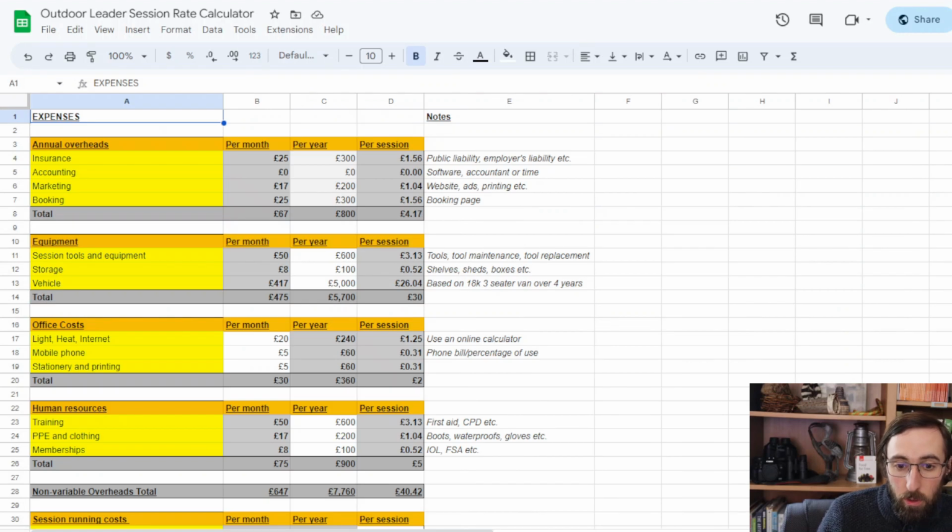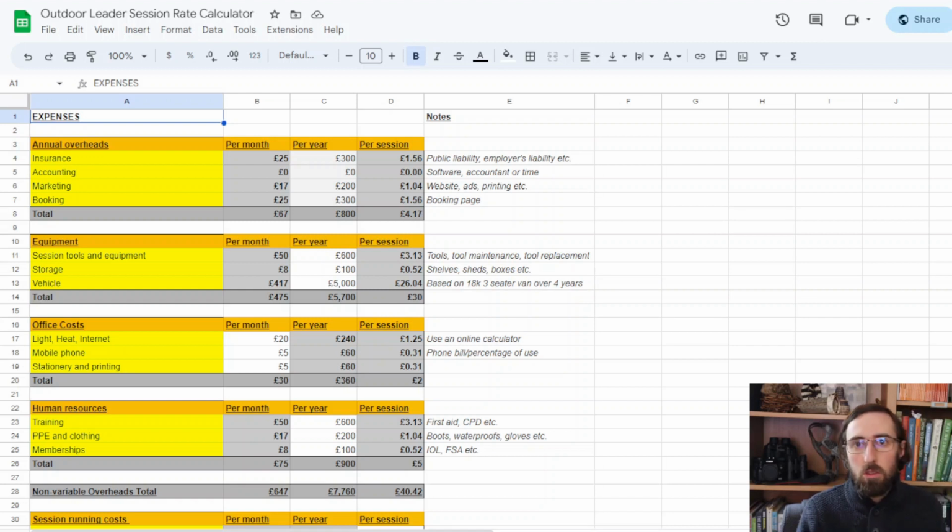If that was the end of it, then that would be really simple, but now we get into the part that trips people up. A lot of people look at the big headline number: okay, I can charge £5 per person, and that means if I have 10 children, that's £50 per half day, that means £100 a day. I could do pretty well on £100 a day. This is when you hit the overheads.